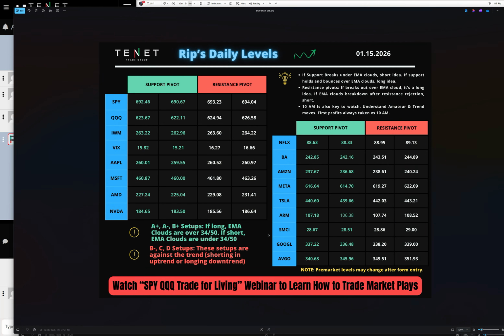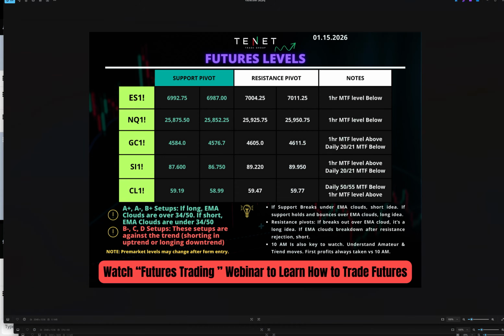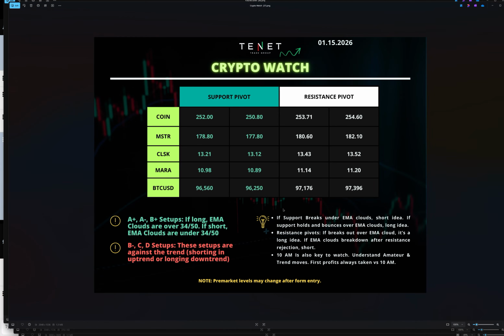We also share the daily levels, so SPY, QQQ indexes, MTF clouds. We do share futures. We trade futures in the community. We provide these futures levels which the traders can use to trade with Ripster cloud system and make a living in the market with that. We trade crypto stocks. So today was a great day to trade crypto stocks because there was news and it was bearish. We'll talk about that, but you would need this.